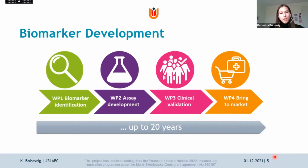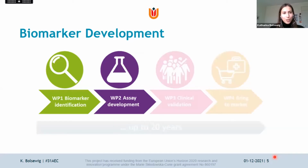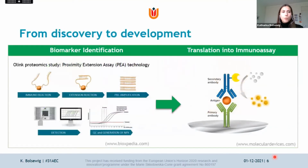which is why we thought that, as Charlotte already mentioned, if we make use of the same principle, namely using antibody-based methods for both the biomarker identification step and the assay development step, we could maybe shorten this time span. So what we did was first to set up a big proteomic study where we sent our samples to the Swedish company Olink, and they make use of the proximity extension assay technology to detect different proteins in the